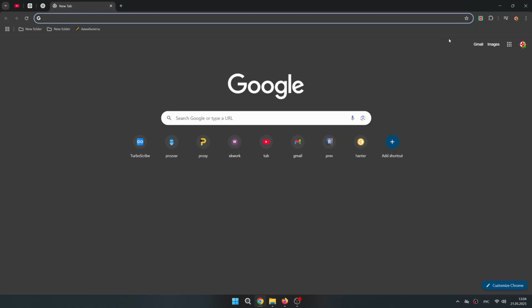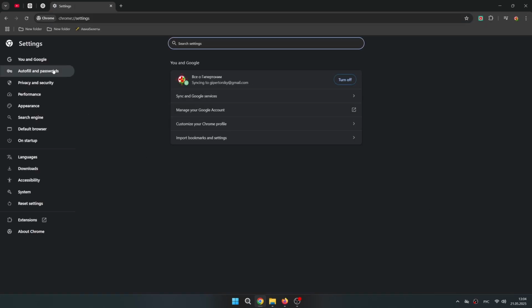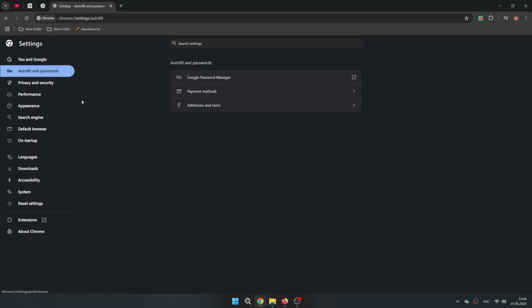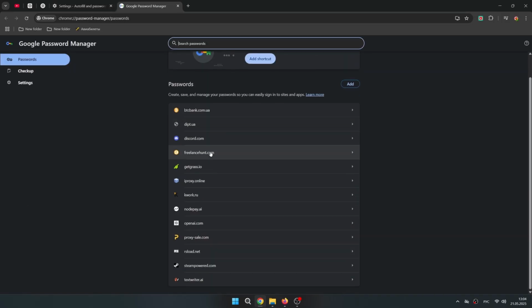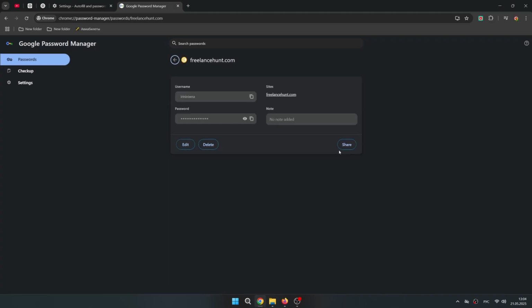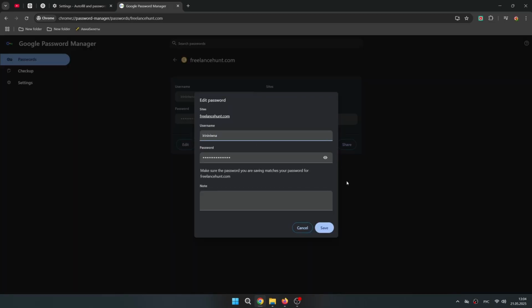How to view saved passwords in Google Chrome. To view saved passwords in Google Chrome, open Settings and go to the Autofill section, then select Passwords. Here you will see a list of all passwords saved in the browser, and you can view them. To see the password, click the eye icon next to it, and the browser will ask for your authentication, such